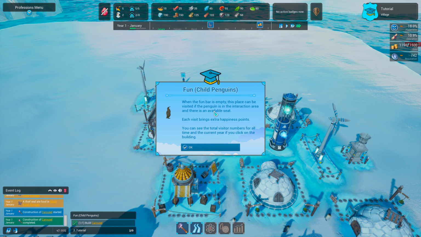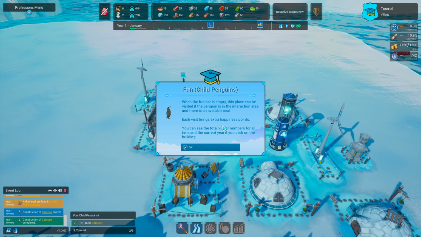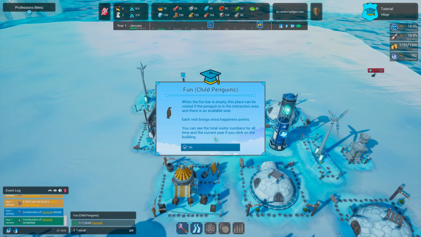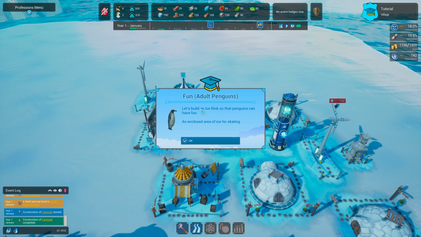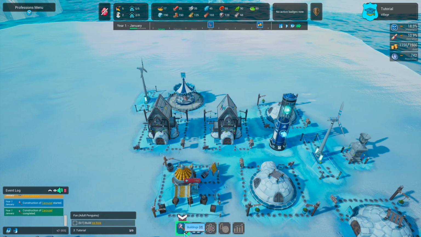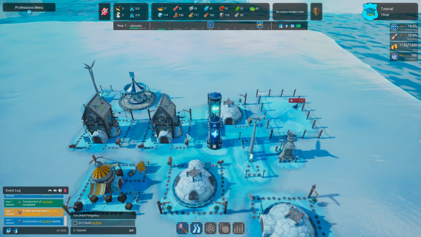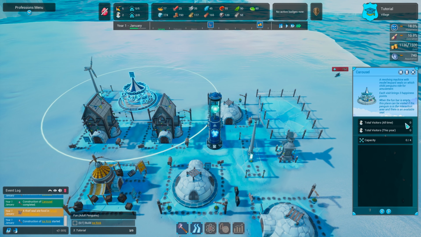When the fun bar is empty, the place can be visited with penguins in the interaction area and there is an available seat. Each visit brings extra happiness points. You can see the total visitor numbers for all the time and the current time of the year if you click on the building. Let's build an ice rink so the penguins can have fun in an enclosed area for ice skating. Okay, so we got one for the kids and one for the adults. Nice! Now for you, if we click on it, we have...